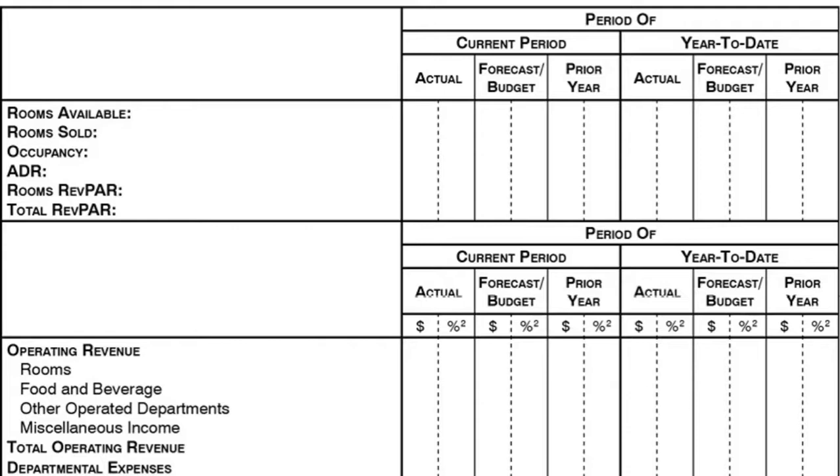Right. The next lower section here is operating revenue, where you are looking at three main departments which we discussed earlier: rooms, front office, operating departments, and miscellaneous income. We will learn these details in more depth in the coming videos. For the time being, we are just explaining the structure of the operating statement, so that you can have an idea of how the USALI is structured.